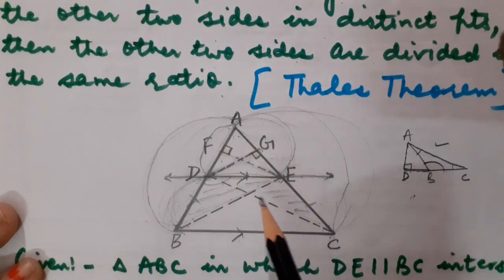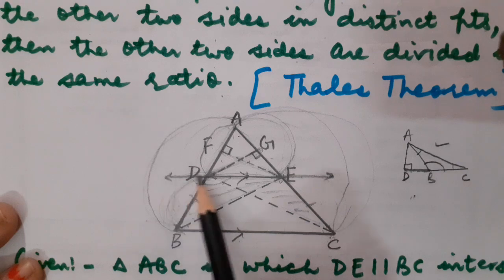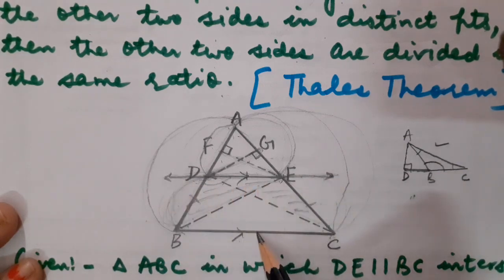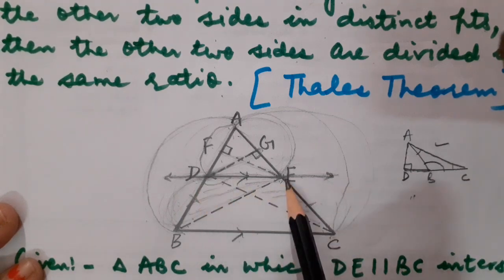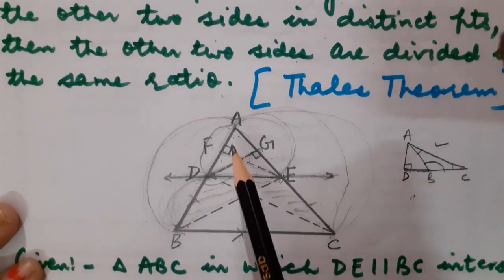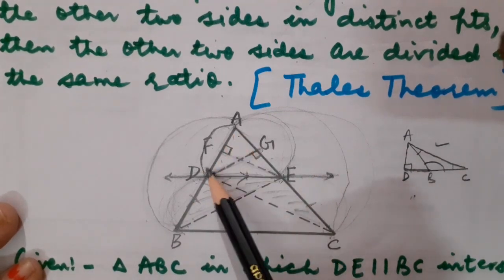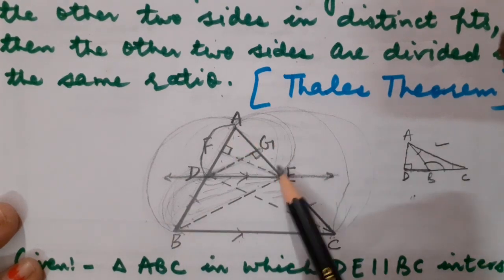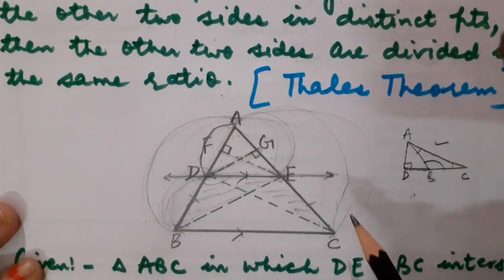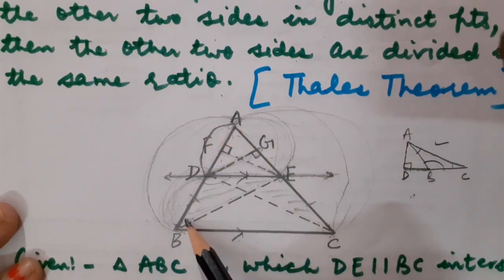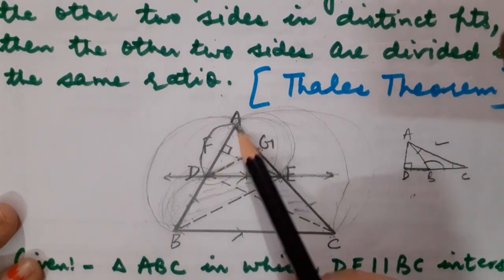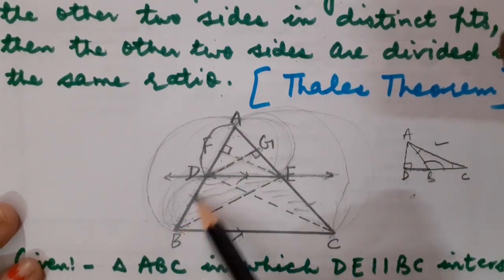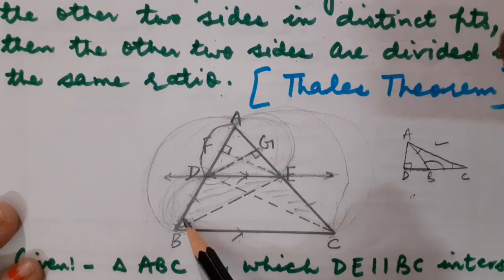But in the actual BPT, what did we do? When this line, which is parallel to the third side of a triangle, divides the other two sides at two distinct points, that is D and E, then the other two sides are divided in the equal ratio. Means we did that this smaller part AD upon DB is equal to AE upon EC. But what is the corollary? Smaller part upon bigger part is equal to smaller part upon bigger part. Either you take this smaller part of the triangle or you take this smaller part, that is BD, of the trapezium. That depends on you.